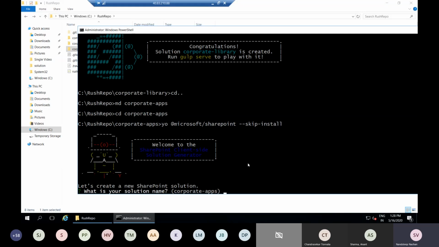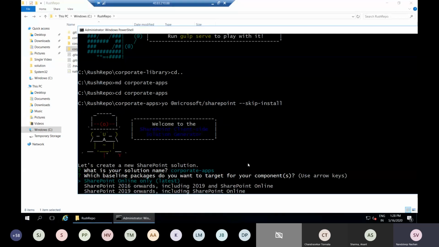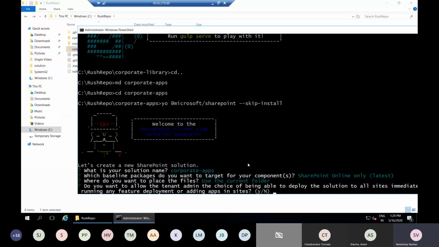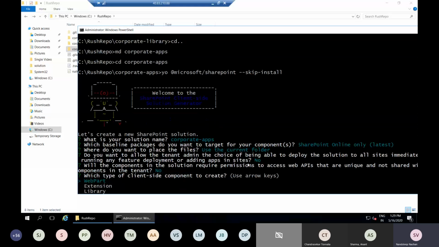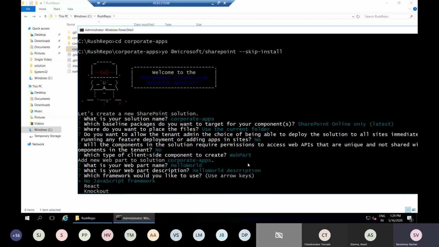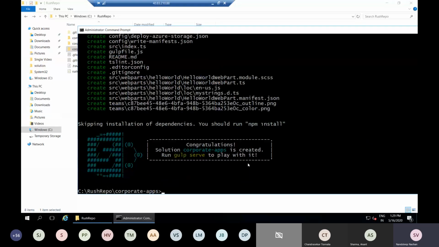For the solution name here, I will go ahead with the default name. I want to use it for SharePoint Online. I want to use the current folder. I don't want to deploy these solutions directly to all of the sites immediately. My web part doesn't have any special permissions, so I will say no. I want to create a web part here. Name of the web part, let it be Hello World. I don't want to provide any description, and maybe no JavaScript. So now we have our basic